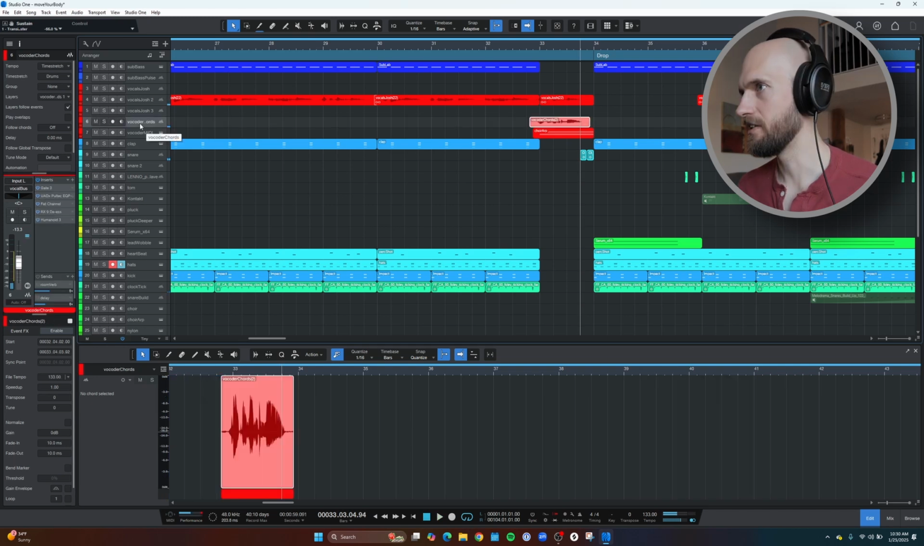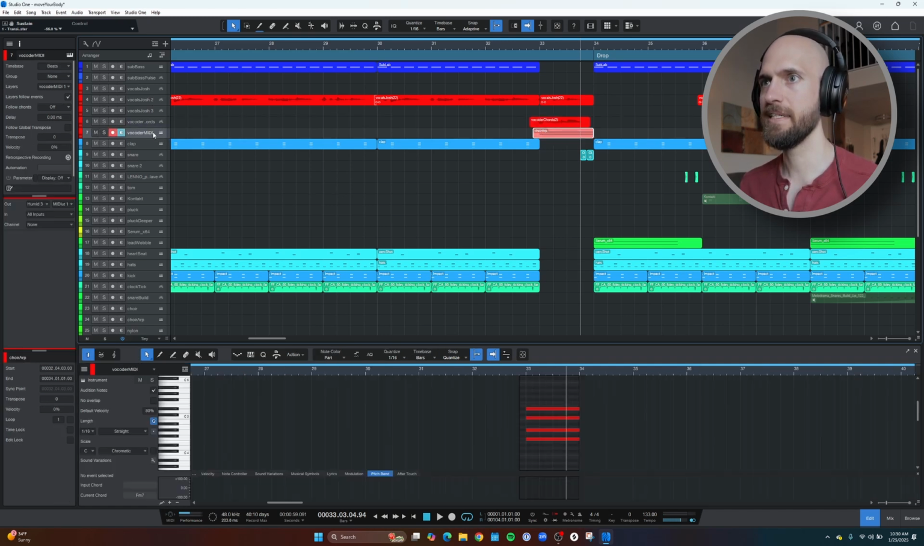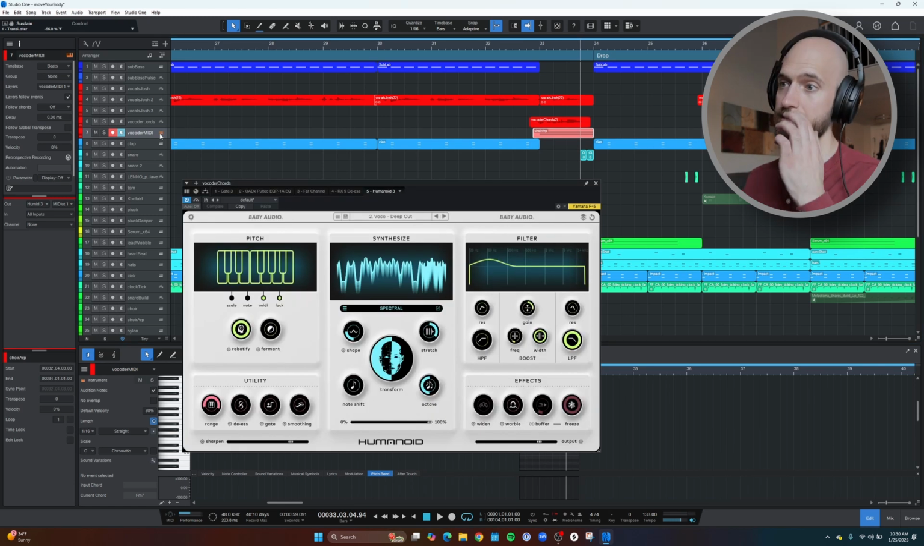So this is a vocoder. I basically just took the vocal track and then I duplicated it. And then I have this MIDI running. And this is Humanoid, which I love, from Baby Audio. And so it basically allows me to